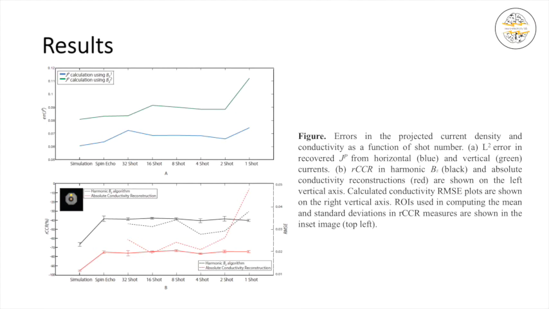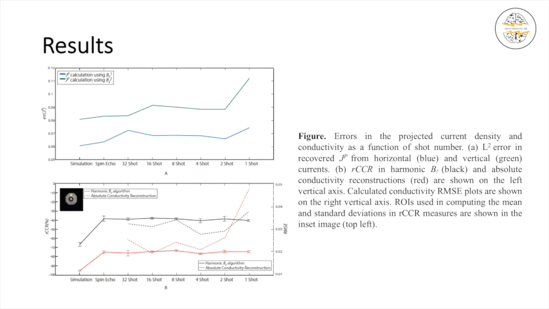The top plot shows relative RMS errors in projected current density for horizontal and vertical current directions. Projected current densities were in error by at most approximately 10%, and absolute conductivity reconstructions were more faithful, producing up to 80% of the actual contrast, than relative conductivity reconstructions, in which only approximately 40% of actual contrast was recovered. Although projected J reconstructions showed increases in relative errors as the shot number decreased,